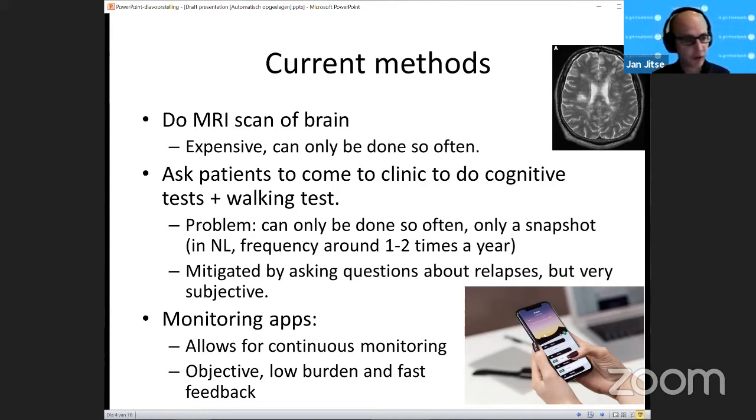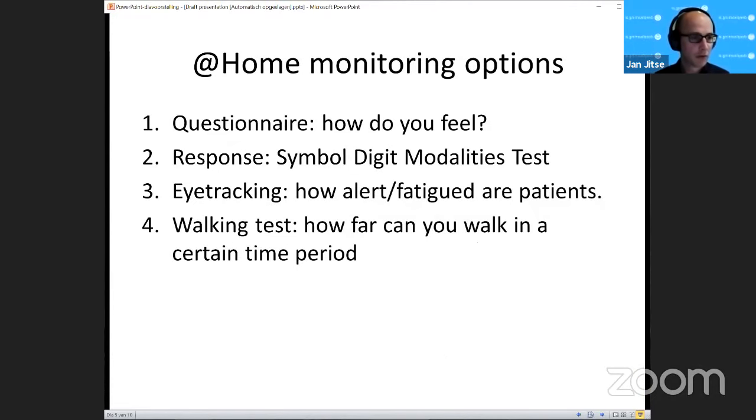Well, the challenge is, of course, to make this monitoring good enough. So what are the options here? You can have a questionnaire like you have in the clinic. How do you feel? Are you tired? This is, of course, very subjective, but if you do it often enough, you can try to see a trend.